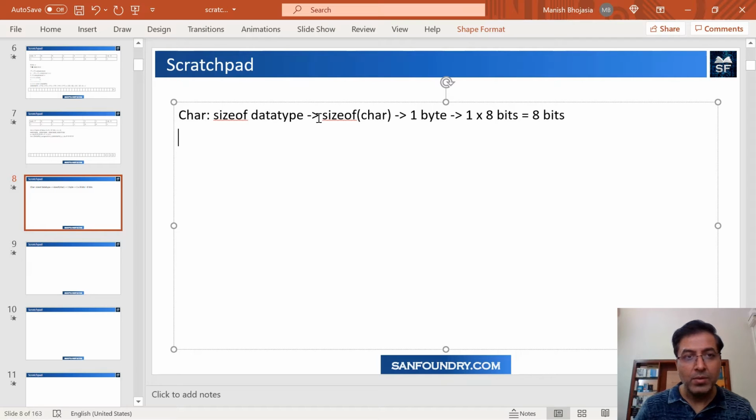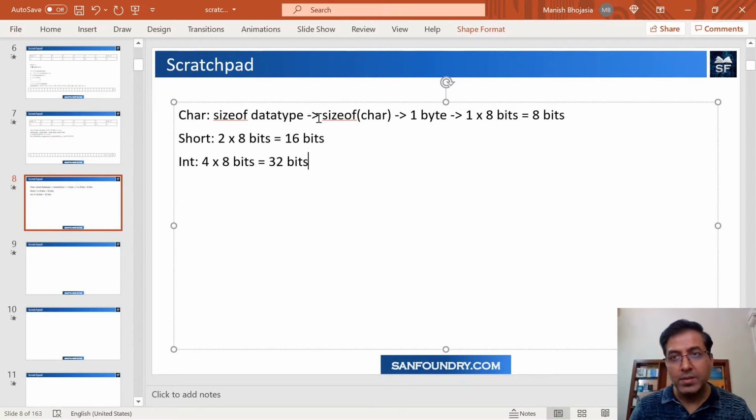Same thing when we talk about a slightly higher data type, which is short. Some of you already know that short has 2 bytes, and each byte has 8 bits of information. So basically it's 16 bits of information. As you move along to other data types, for example integer, we have 4 bytes, and each has 8 bits of information. Having known this much, now we can think about the maximum value that we can really store in these data types. Think about the 8-bit case: it has essentially 8 bits of information, as you can see here.